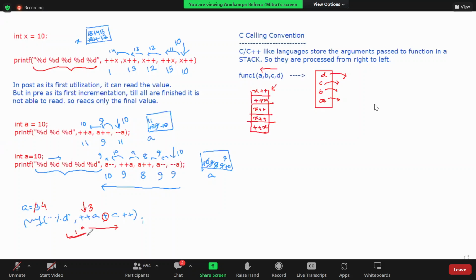अच्छा, now this is a++, इनपुट कितना लेगा, 4 लेगा, a का वैल्यू 4 है, it will read how much, 4, make the value how much, 5. Okay, now all the increments are complete, there is one load operation remaining, so how much it will read, 5, so this is 5 plus 4, what is the result, 9।